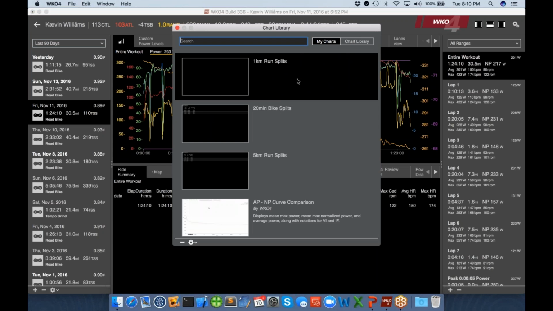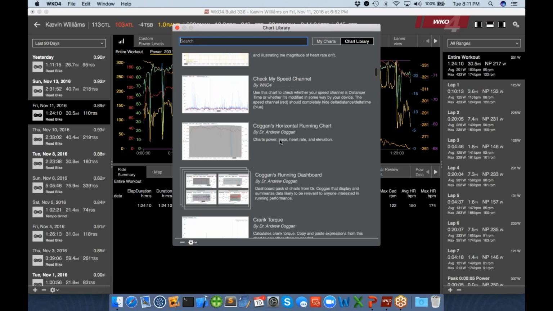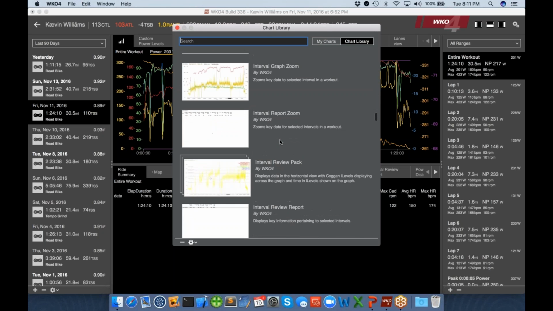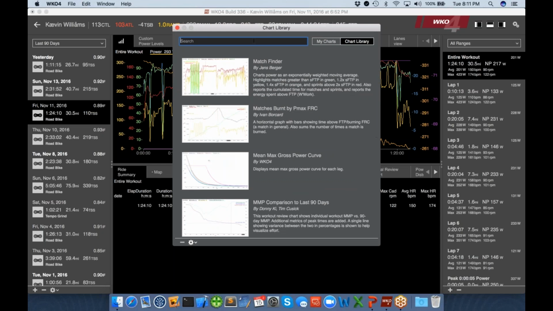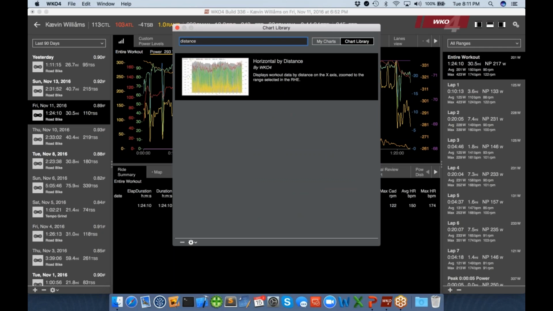So hopefully you can see my WKO4 screen here, but this button here that says chart library accesses an area of the software that's updated online. So you're seeing basically a contribution of charts from the whole community. So if you want to find a chart by a distance, just go to chart library and type distance,